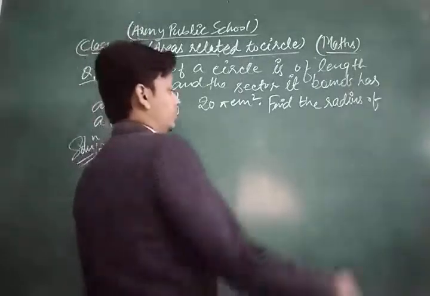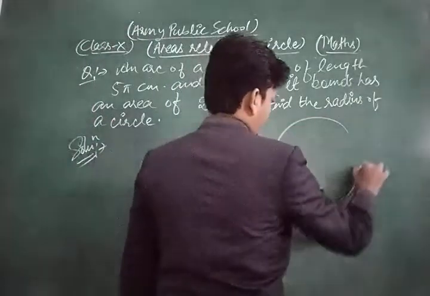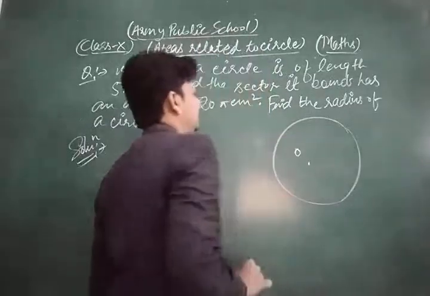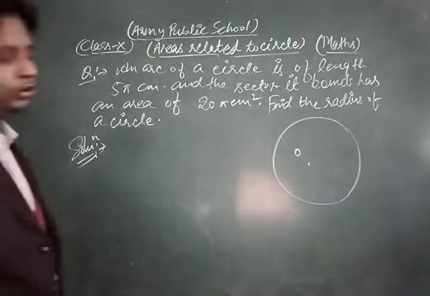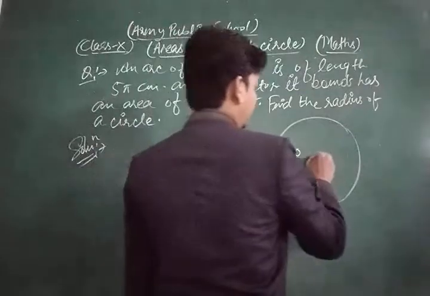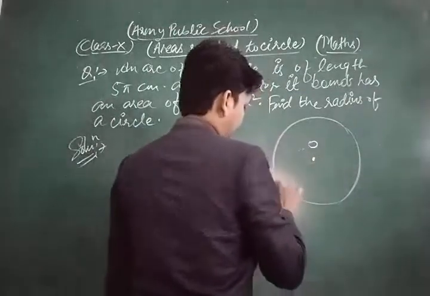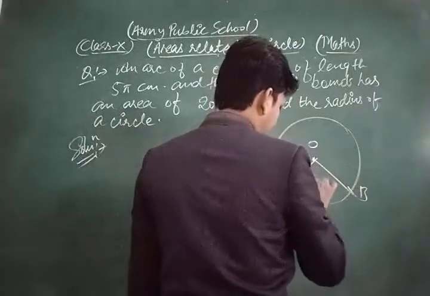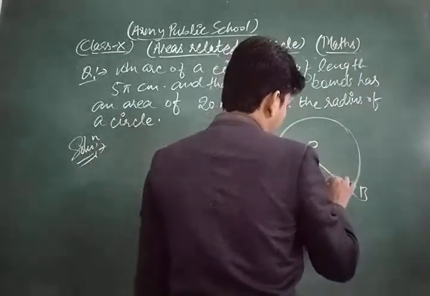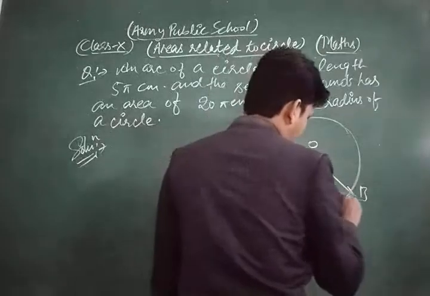So look, first of all we form a circle with center O, and let us take the arc AB and radius R. The area of this region is given as 20 pi centimeter square, and